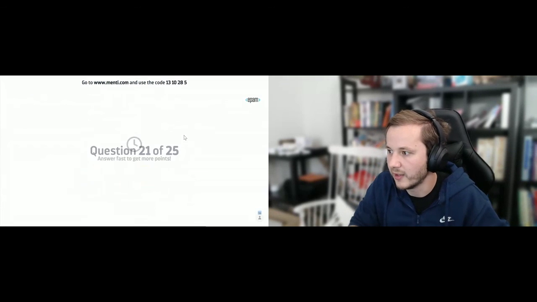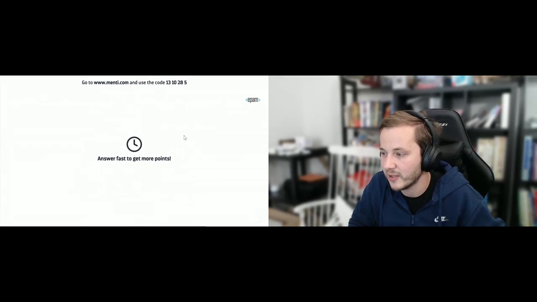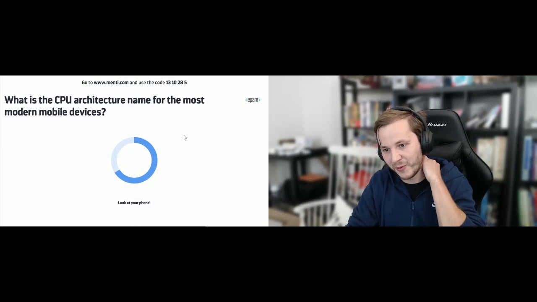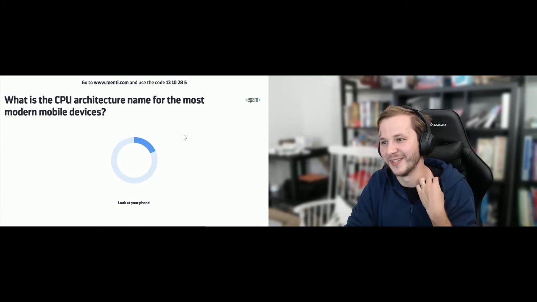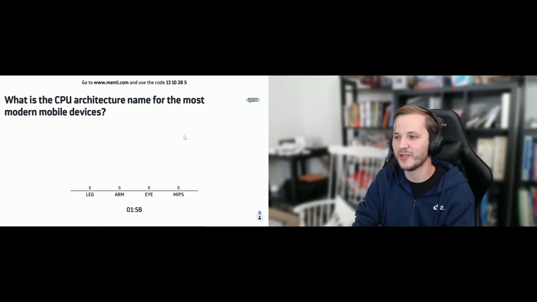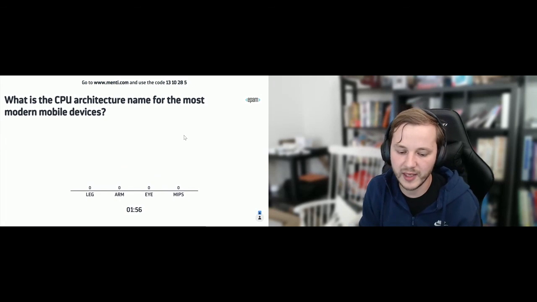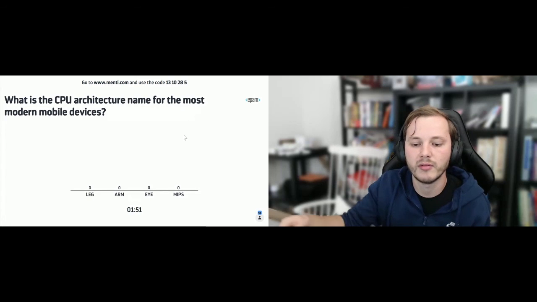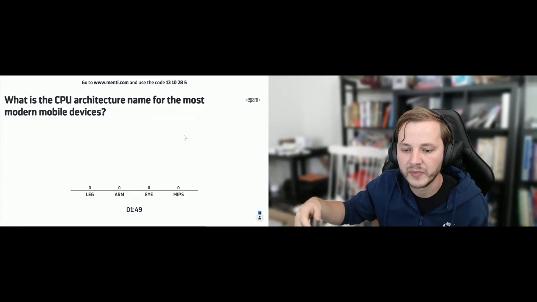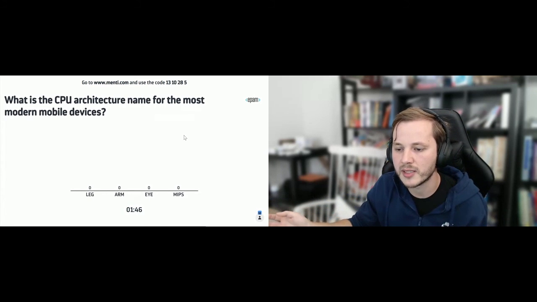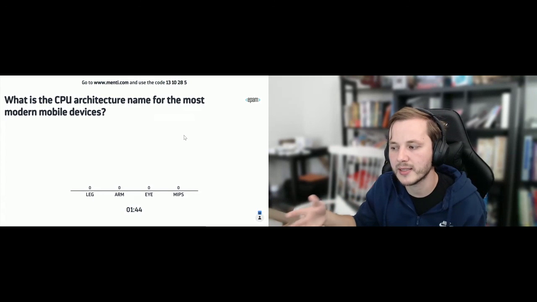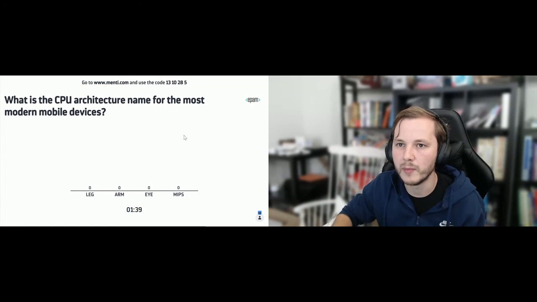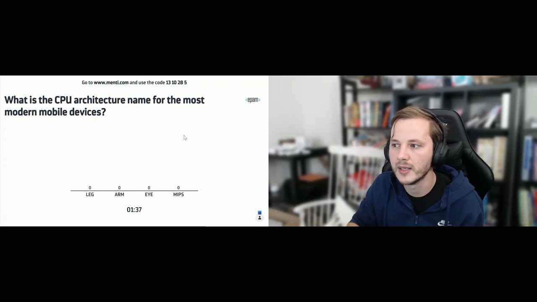So we are running out of time, but we don't have a lot of questions left. So if you answer them quickly, it's going to end sooner. What is the CPU architecture name for the most modern mobile devices? I know that throughout mobile history, CPU architecture has changed a lot. So now it is, it's probably not the best way to say it, that it's the CPU architecture. It's more of a